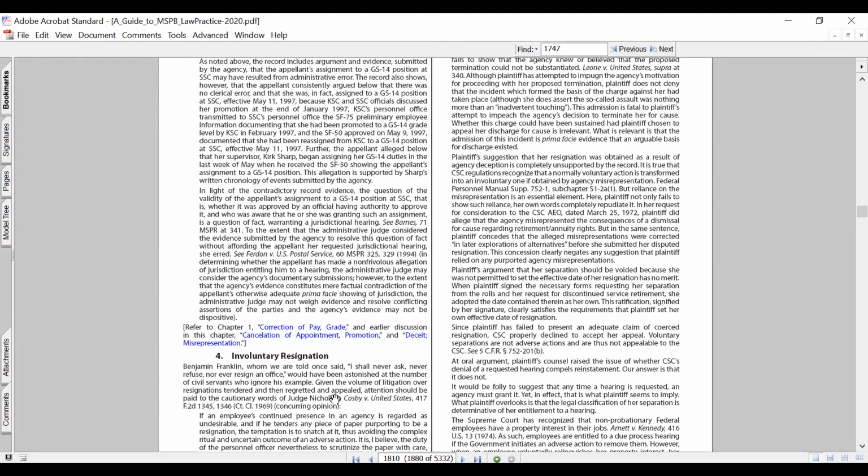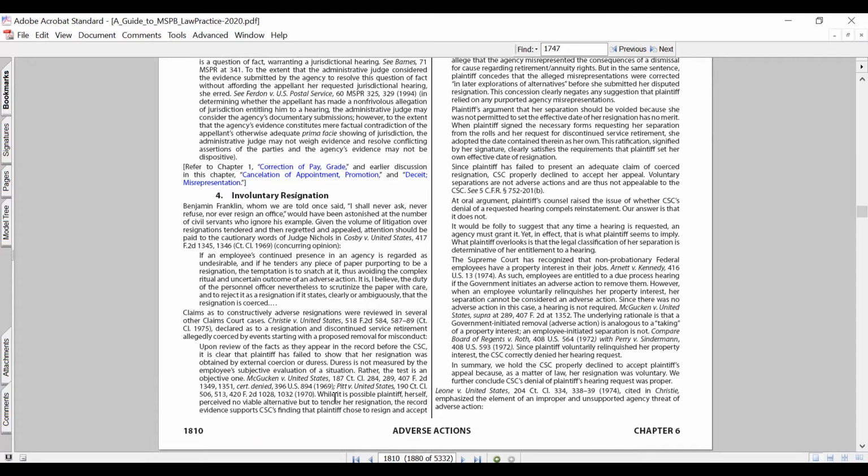you move right to involuntary resignation, which is part of Chapter 6 on adverse actions, which we had earlier been looking at when we're using the search method involving the table of contents. Let's say that there's a phrase that you're interested in or a case name, a particular case name that sticks in your mind. And in either event, you can find it in the book by using Control F on the